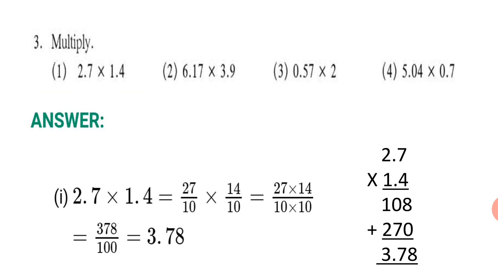After decimal point there are 2 digits. So here in the answer also after decimal point you will see 2 digits. So whichever method you find easy you can follow. In the following sums I will be showing the first method. But if you are using second method, kindly check whether your answers match. Okay, so if your answers match with the final answer, then you have done it correctly.